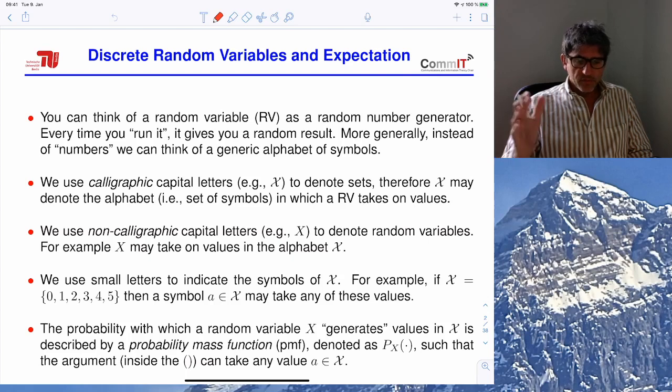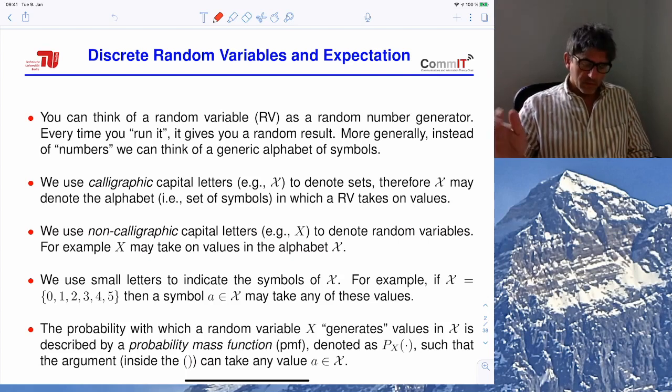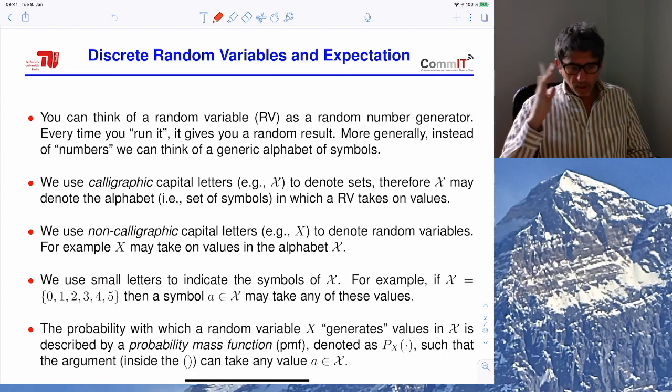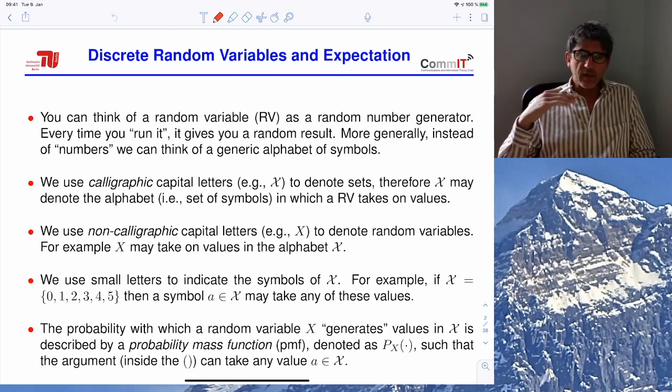So a little bit about notations and some introduction. Let's first talk about the concept of random variable. What is a random variable? Well, the formal mathematical definition is complicated. You can review it. But to me, a random variable as we use it here can be thought of intuitively as a sort of random number generator. You push a button and the random variable spits out a random answer. And the random answer is a symbol